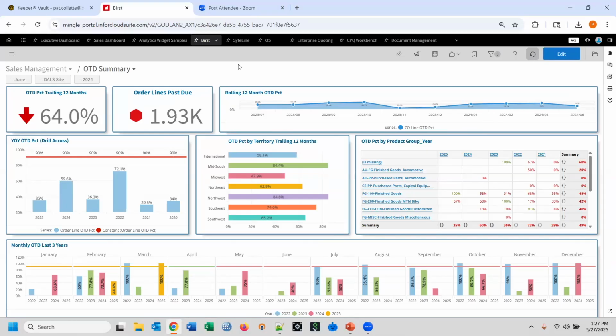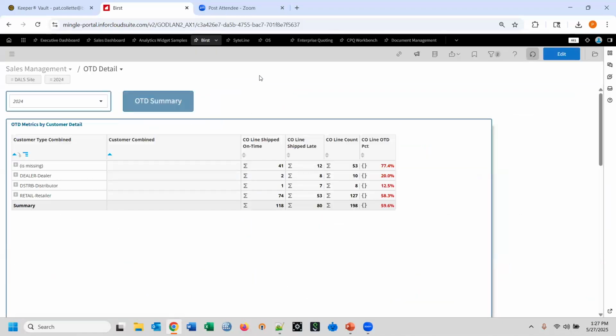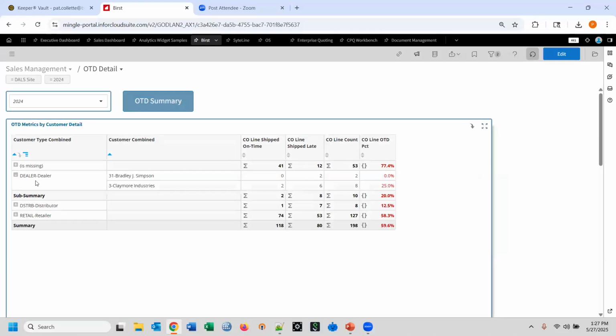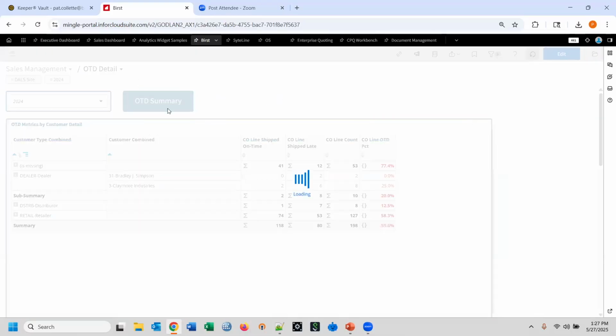And we have created an experience in some cases where I come from a top level metric for 2024. I bring myself over to another dashboard and I can start ratcheting through and looking at how it takes advantage of the surrounding attributes of a customer. In this case, looking at a customer type and then coming down to that specific customer and getting more granular on the on-time delivery. And then ease of navigation of coming back to the summary level by clicking a button